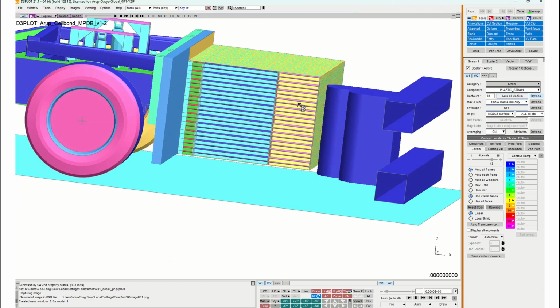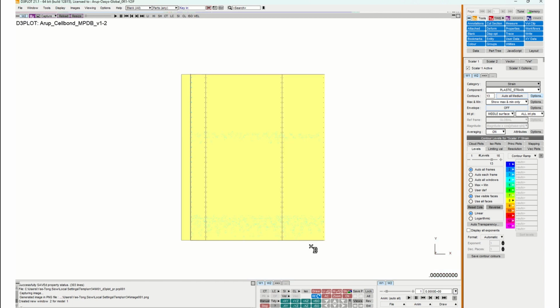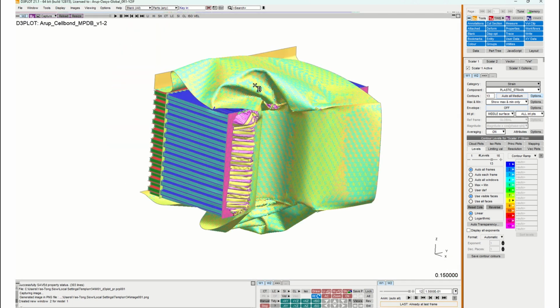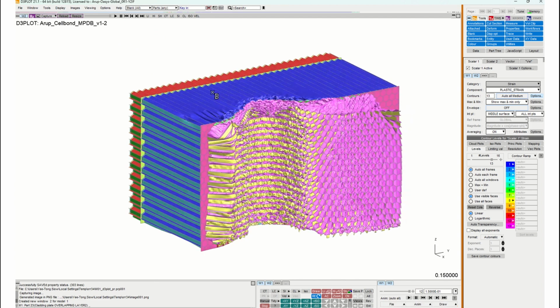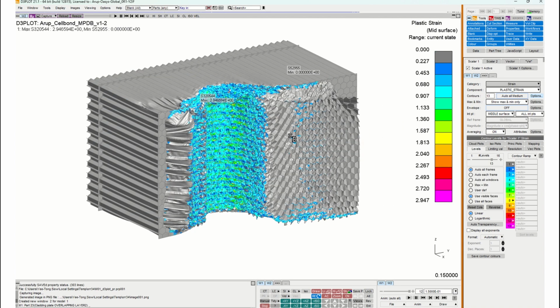So the other thing that I can do is isolate out the honeycomb, for example. Then, let's say I want to go to the last state and plot maybe the plastic strain. I can do that as well. And I want to show everyone something interesting, which is, let's say I have this plastic strain that I'm